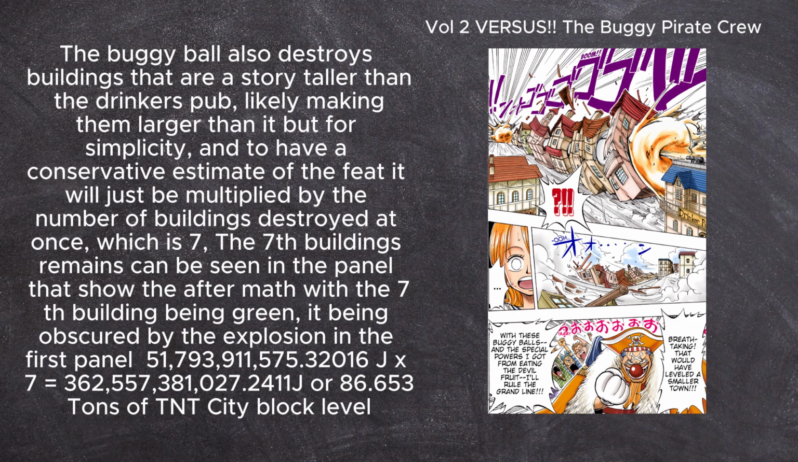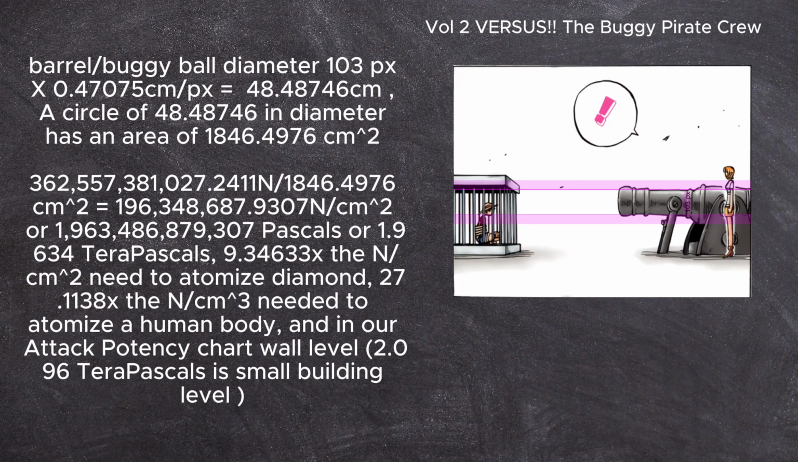51,793,911,575.32016 J × 7 equals 362,557,381,027.2411 J, or 86.653 tons of TNT, city block level. Barrel/Buggy Ball diameter 103 px × 0.47075 centimeters per px equals